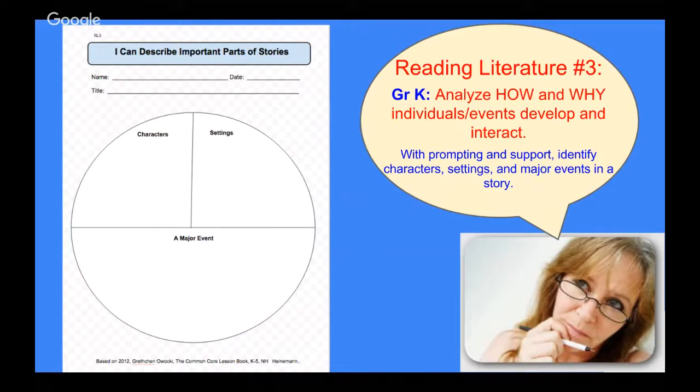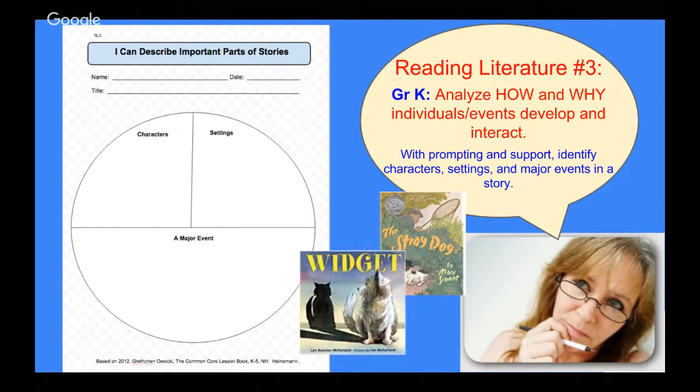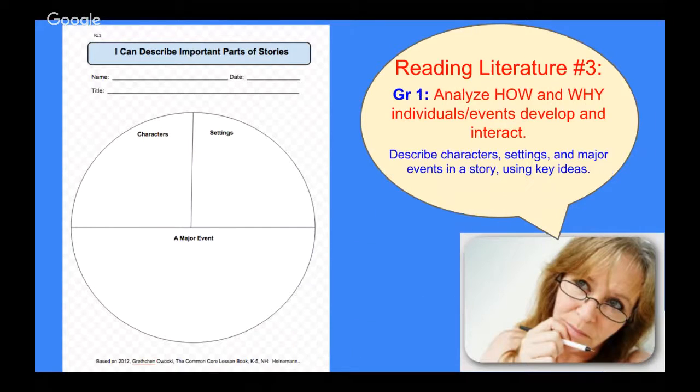So let's look at every grade level at the standard of how and why individuals and events develop and interact. That's the reading literature side of Standard 3. So with kindergarten, it's with prompting and support. You just identify the character, setting, and major events. Owocki gives us some suggested kindergarten mentor texts for this standard that are pretty sweet. We look at Standard 1. We're still describing character, setting, and major events, but you're adding the key ideas, and there is no prompting and